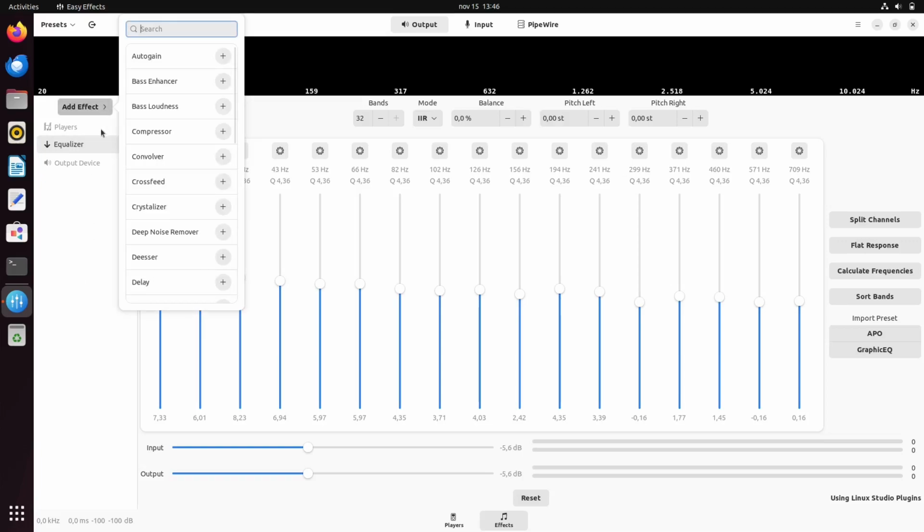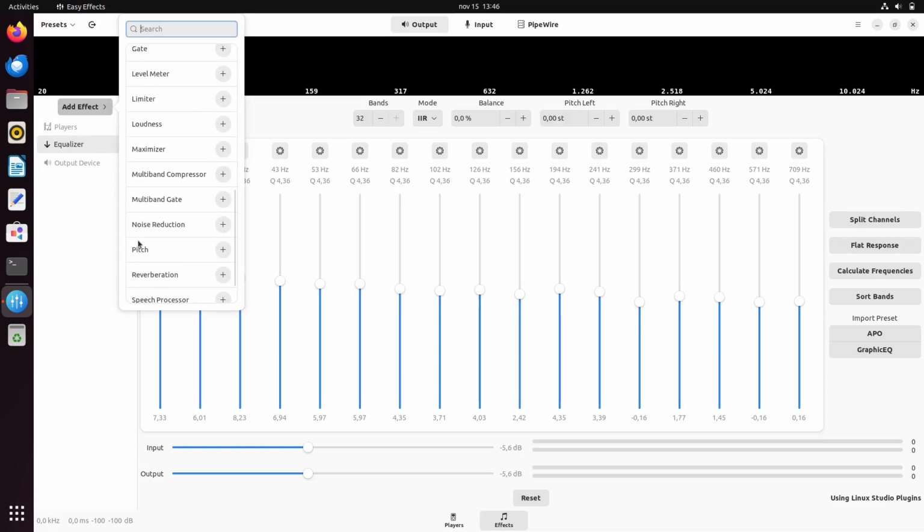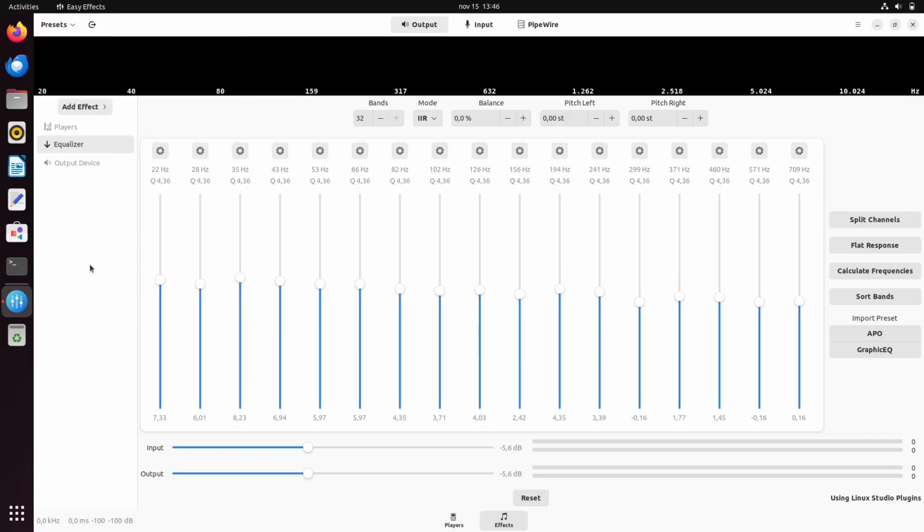Please note that if you add too many effects, they will make your computer slower. They ask something from your CPU, from your sound card. So if you don't have a very powerful PC, it might be a problem, especially when you're watching a video or a live concert. You will see that the audio is delayed a little bit because there are too many effects added to your